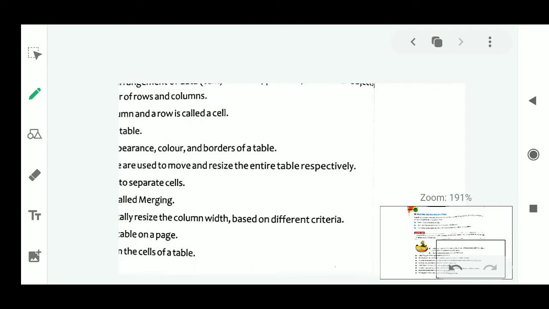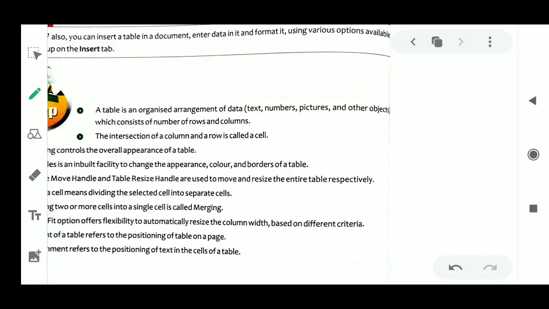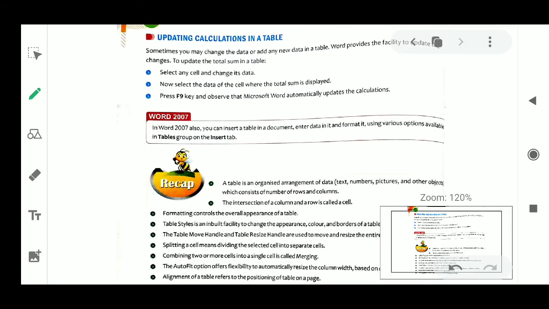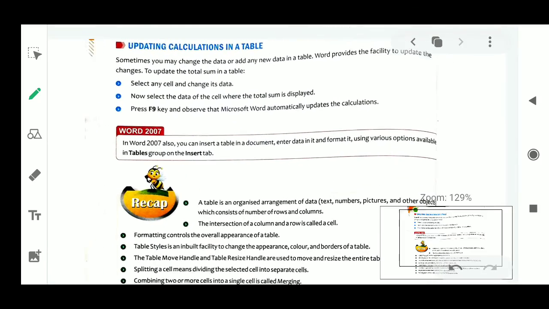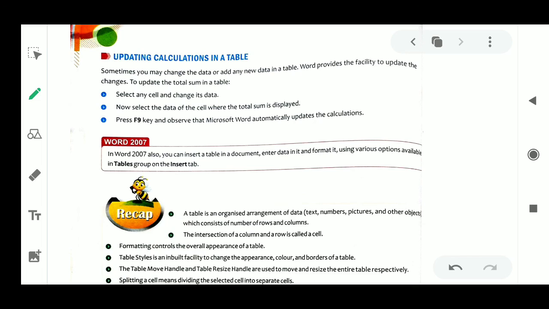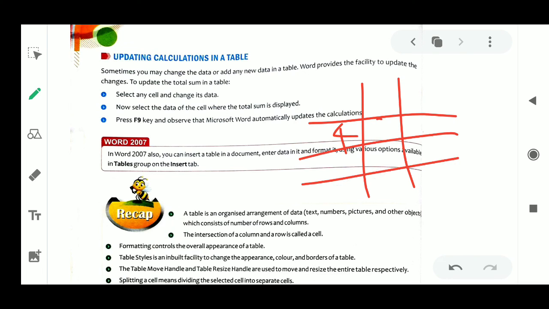Next is updating calculation in table. Suppose sometimes you change or add new data in a table. What provides the facility to update changes? To update the sum in a table, how will you do it? Select any cell and change its data. Suppose I have 4, 3, 2, 1 and I want to change one.